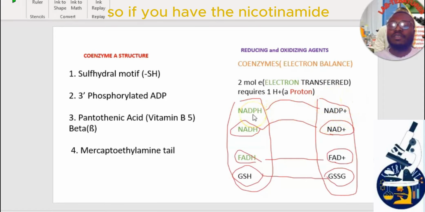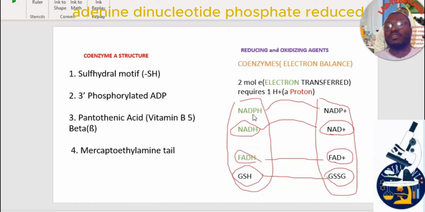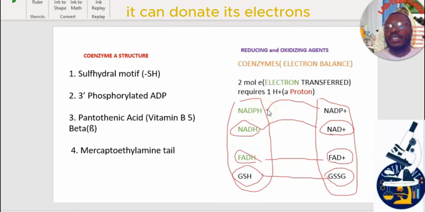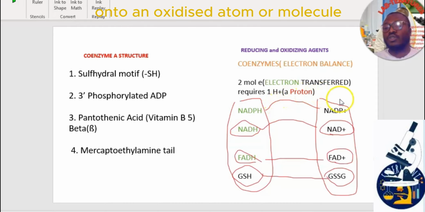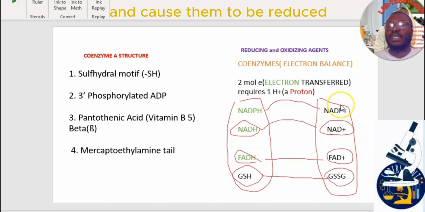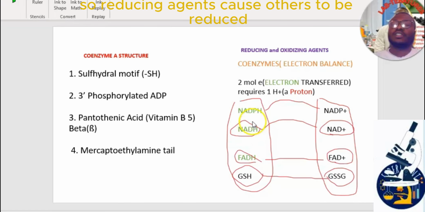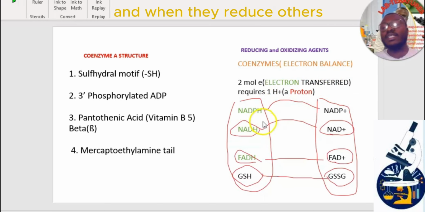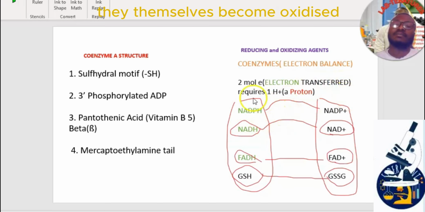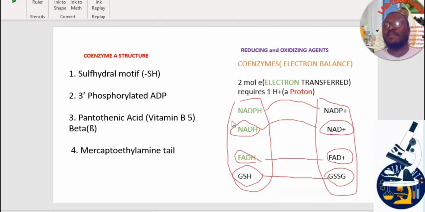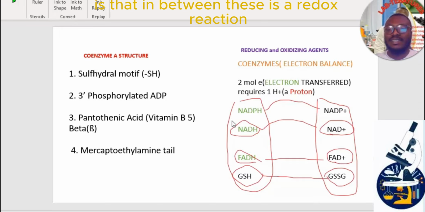So if you have the nicotinamide adenine dinucleotide phosphate reduced, it can donate its electrons onto an oxidized atom or molecule and cause them to be reduced. So reducing agents cause others to be reduced, and when they reduce others, they themselves become oxidized. So note the balance. What you have to understand is that in between these is a redox